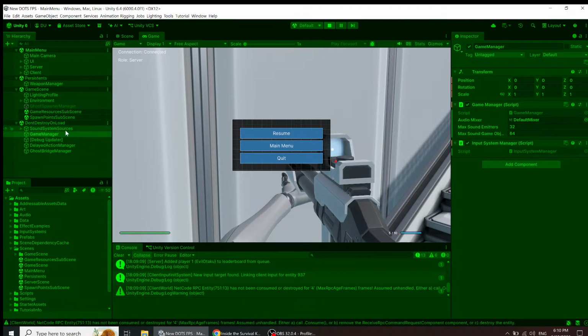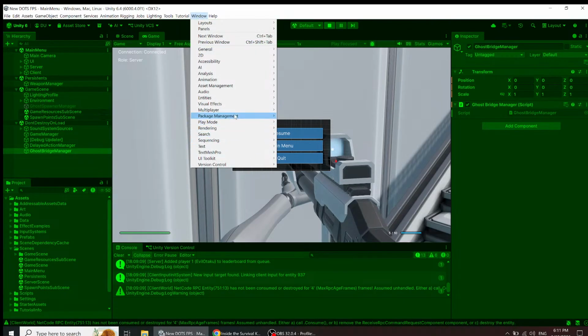And our game manager here, which handles our audio. And we'll go into the Ghost Bridge manager here in a second. But this is what handles syncing between our game objects and our entities,